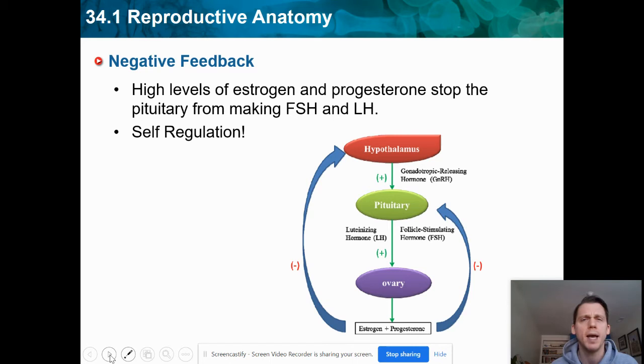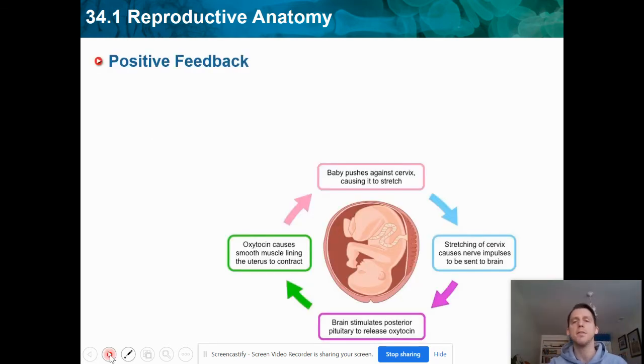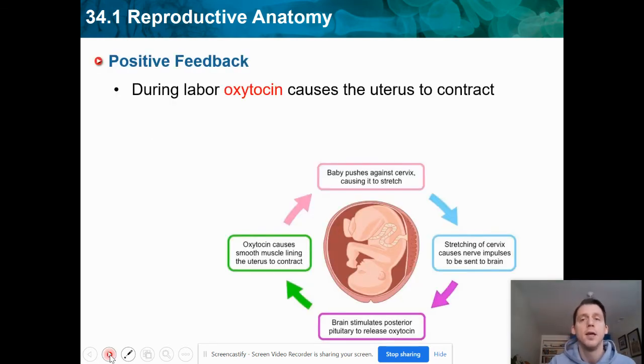So negative feedback is a way of self-regulation, regulating how much of something that we're going to make. Positive feedback, on the other hand, is not going to be pumping the brakes. Instead, it's going to be pushing the gas pedal. So during labor, when a mother is about to deliver a baby,